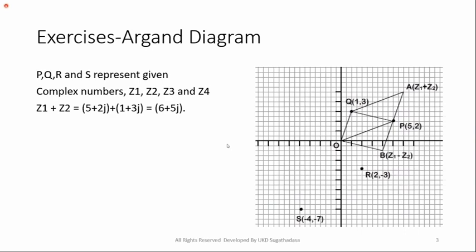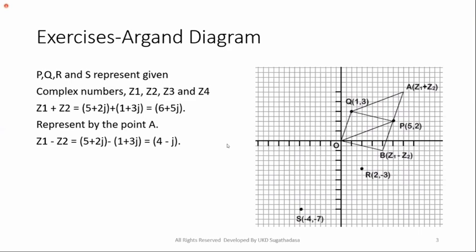Similarly, Z1 minus Z2 will represent the point B. If you complete the other parallelogram, Z1 represents the point A, right? Now, what is Z1 minus Z2? 4 minus j. X is 4, Y is minus 1. See? You can find the point because I have copied the grid also. I created this grid from different software. PowerPoint doesn't support this kind of grid, no? I had to use Flash and other software to get some images.